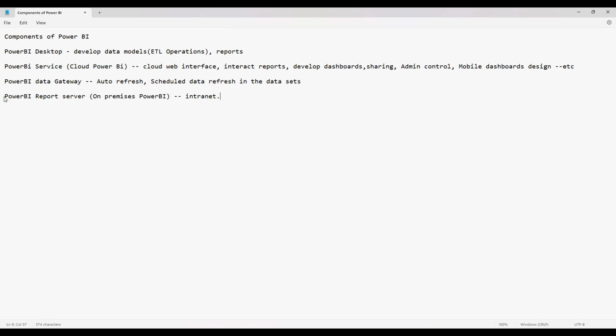Using this, you can interact with your reports. You have the admin control over here. But one thing you cannot do is develop dashboards here. Now, the next thing we are going to see is Power BI